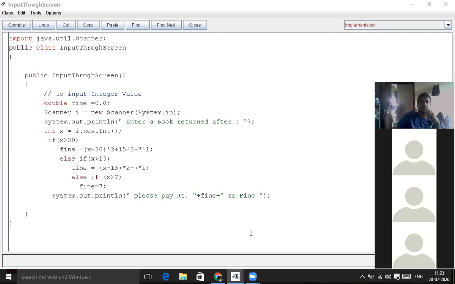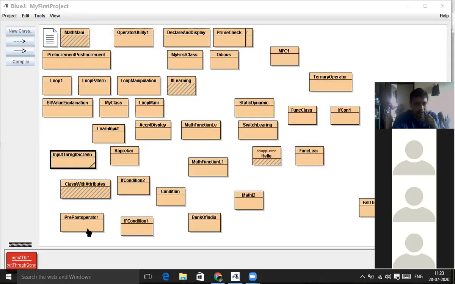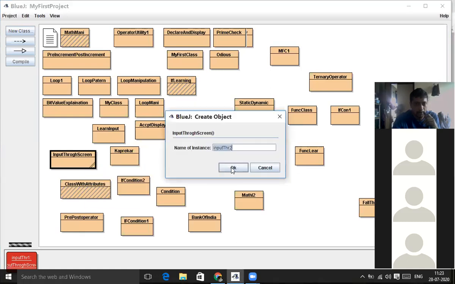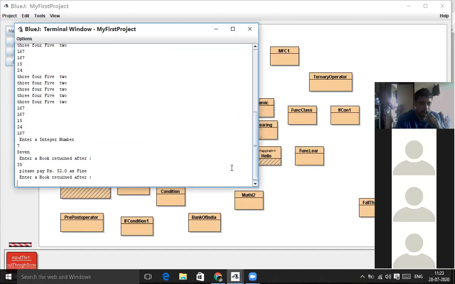So here you can see 5 days: you have paid 3 rupees, 15 rupees. For 7 days you have paid 7 rupees, 22 rupees. And for 15 days you have paid 30 rupees, 32, total 52 rupees. That is why 52 rupees is coming over here, in the last output you have seen, I believe. I am going to show you once more. So here you can see 52 rupees is there.